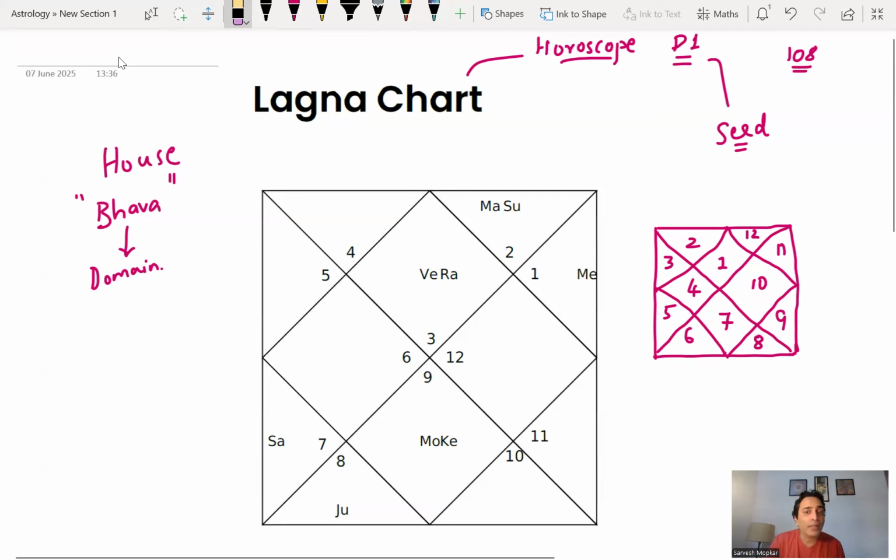Now, this number that you see is different in different charts. You might have 6, you might have 1, you might have 8, you might have 10, you might have 7. It can be any number from 1 to 12. But remember, the house is always the first house. So try to understand this from a metaphor